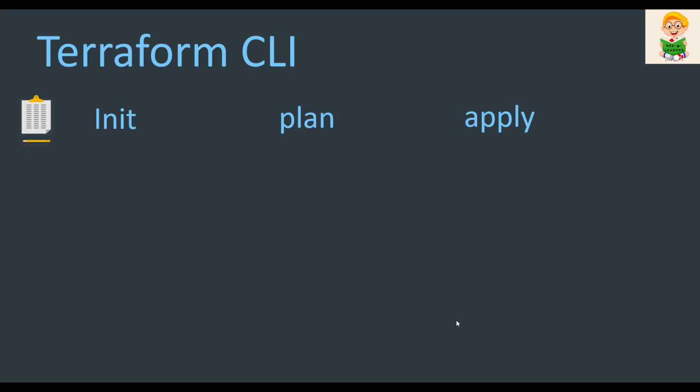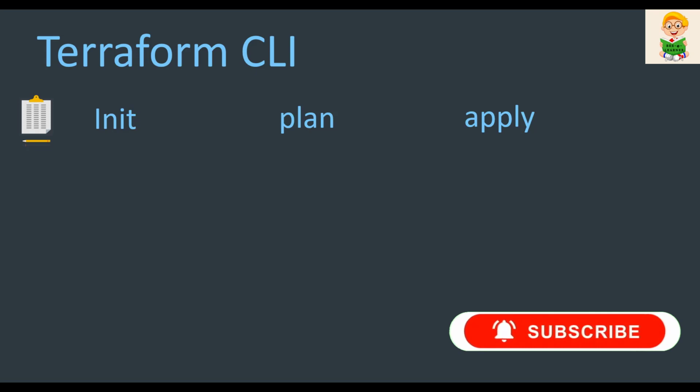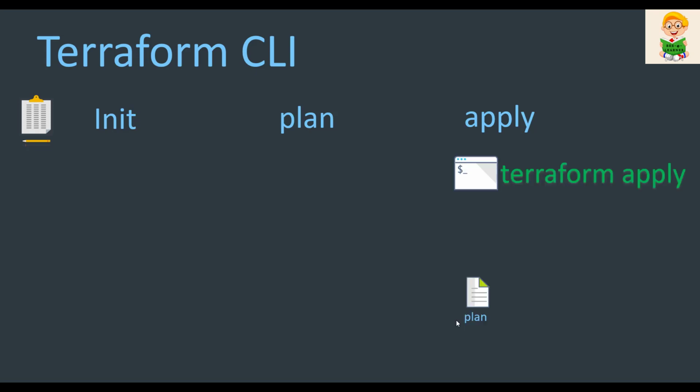The apply command takes the plan as an input, and based on the plan it executes the deployment onto the remote cloud provider, using the providers which you have configured in your Terraform configuration. We'll take a look at all the terminologies like providers, modules, state file, each and everything, in detail. So this is how Terraform apply takes the plan and then executes the plan at the remote location.